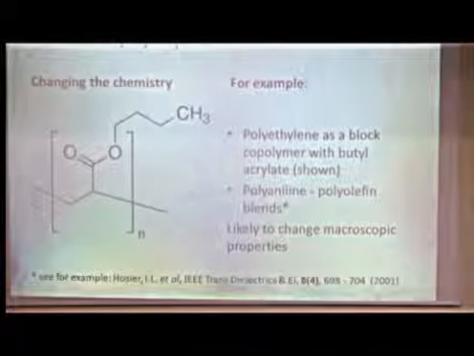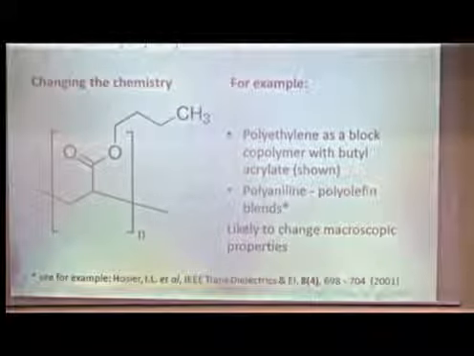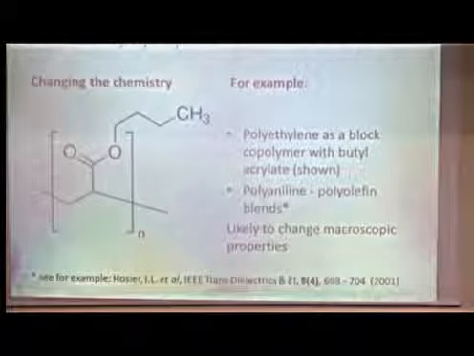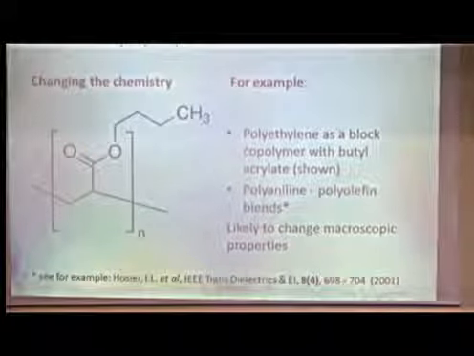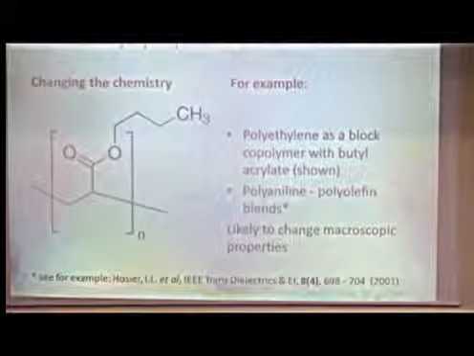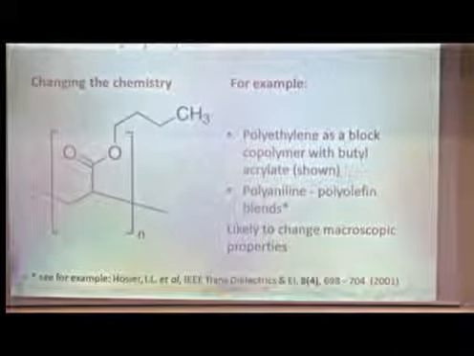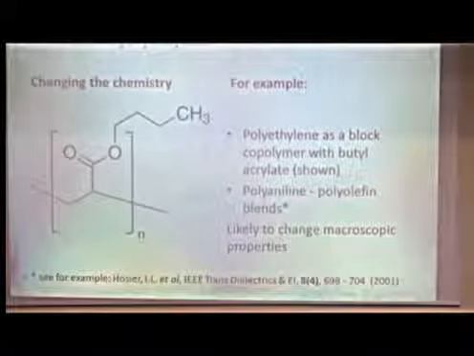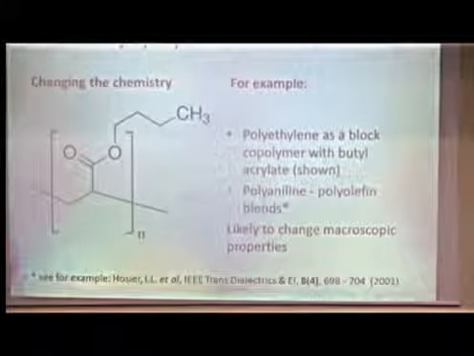One thing you might argue that you should do is not to fill it with all these nanoparticles, because after all, filling a material with nanoparticles, well, surely that's likely to increase all the problems that we have with defects and all the rest of it. So why don't we simply change the chemistry? And indeed, perhaps we should be thinking about changing the chemistry as well as perhaps introducing nanoparticles.